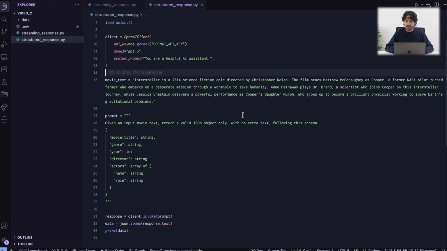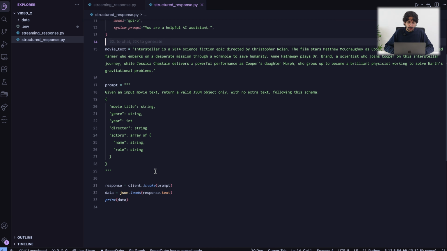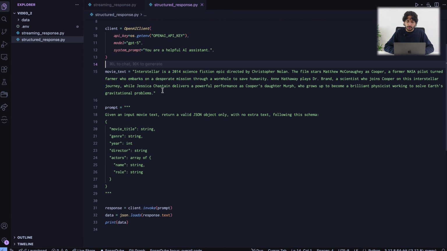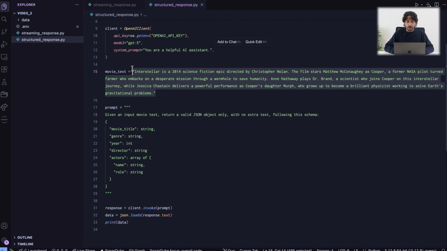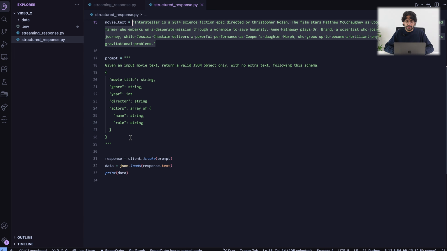One way to do this is to ask the LLM to output a certain JSON with a certain structure, like we did here in this code. So let's say that I want to take some input movie description and extract some data, let's say movie title, genre, year. So I just want to transform this description into structured data.